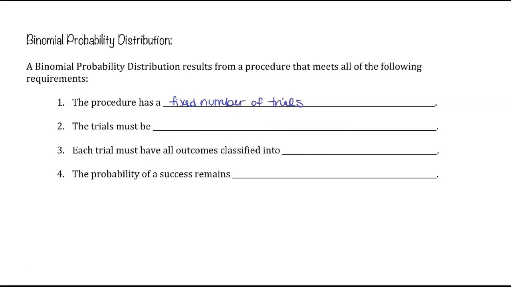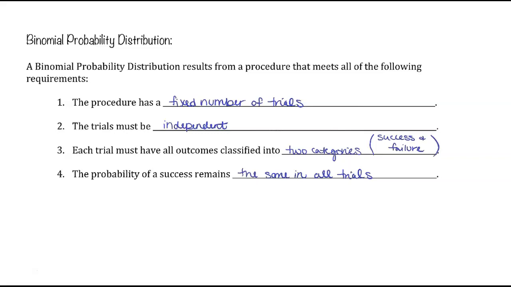The trials must also be independent. That is, the probability of one trial is not affected by the outcome of another. Third, each trial must have all outcomes classified into only two categories. We often refer to these as success and failure. And finally, the probability of a success must remain the same in all trials. If we meet all of these requirements, we do in fact have a binomial probability distribution, and we can treat